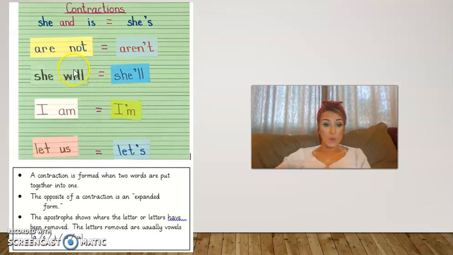I've got rid of the W and the I, and I've put in a little apostrophe to show where the missing letters were taken away from. So it's really important to remember that apostrophe. Now,